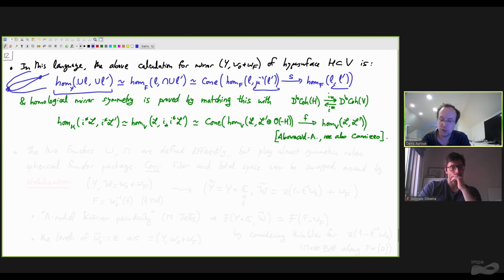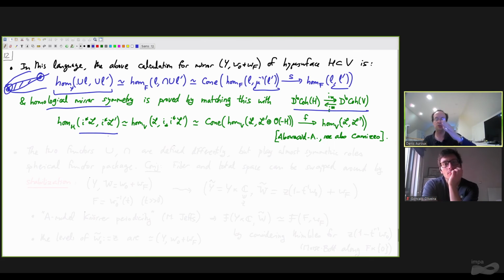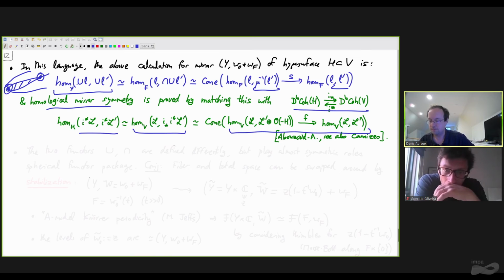Right? I reduced the calculation to 2 sets of intersections in the fibers and a connecting map, which is counting holomorphic sections of a fibration. And homological mirror symmetry is proved by matching this with inclusion restriction. When you want to consider Homs of sheaves on a hypersurface, and those sheaves are restricted from the ambient space, you can move the calculation to the ambient space by adjunction and resolve basically the sheaves supported on the hypersurface using the defining equation. Okay, I think I'm at the end of my time, maybe even more, so I should